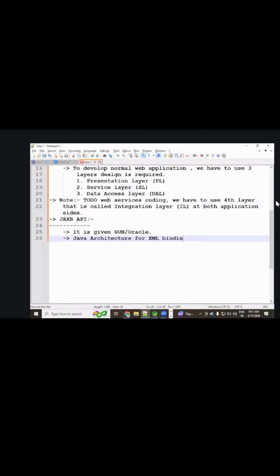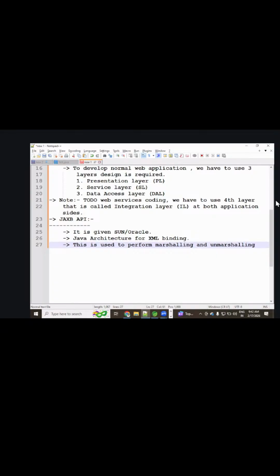Whenever you need to work with XML, we have to use this JAXB API. It is used to perform marshalling and unmarshalling operations.